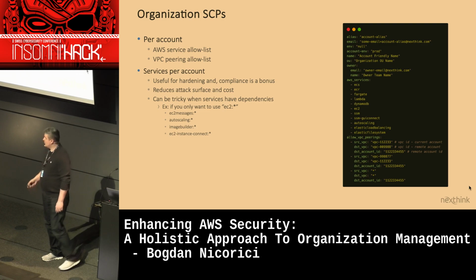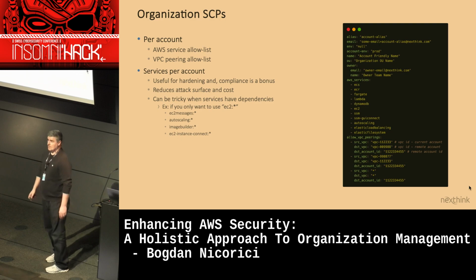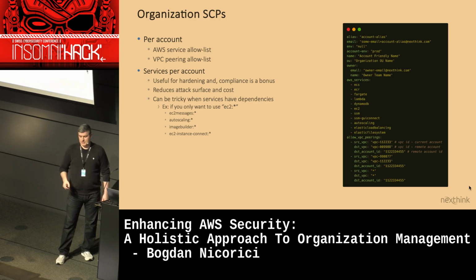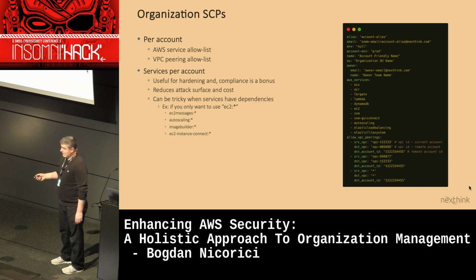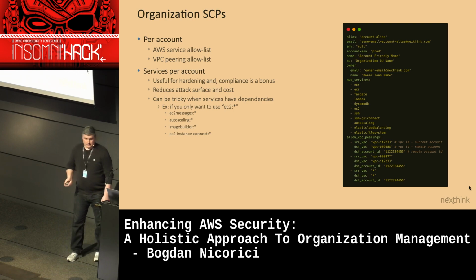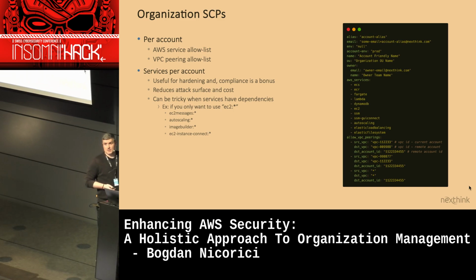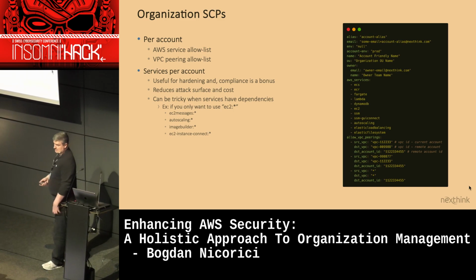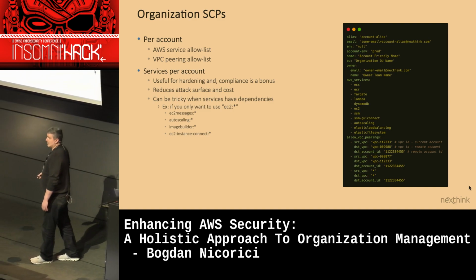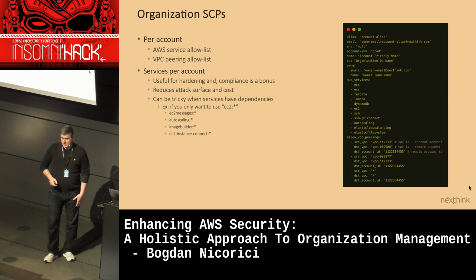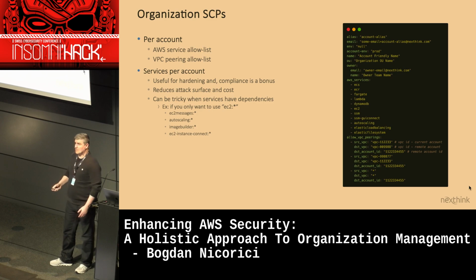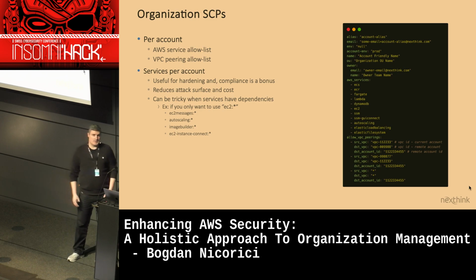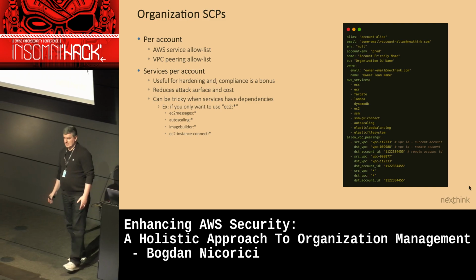The only problem, if you start listing services as we do, is that at some point, depending on the service you want to use, you will face issues because, like I mentioned here, if you use EC2, you actually need all of these services to use EC2 in most cases. And how we found this out actually is by using SIEM logs. So we did debugging sessions. Okay, it's not working. Which service is doing the actions? So this is one of the caveats by restricting services. But from a security perspective, it's very powerful because if you have an account that only needs to run EC2, well, it can only run EC2. It can't do anything else.